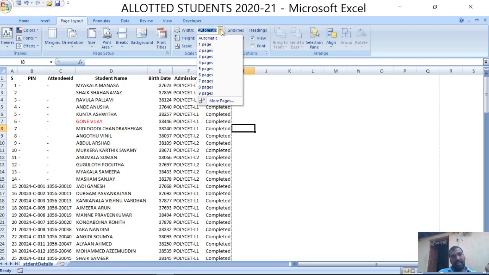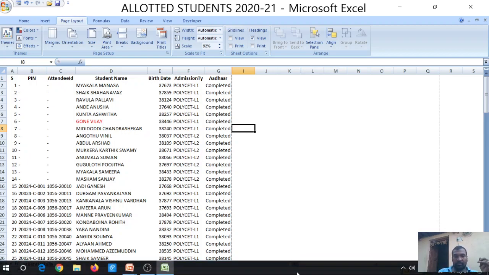If you go with manual, then you can choose the width and height of the printed selected area. Like this you can perform all the printing operations.